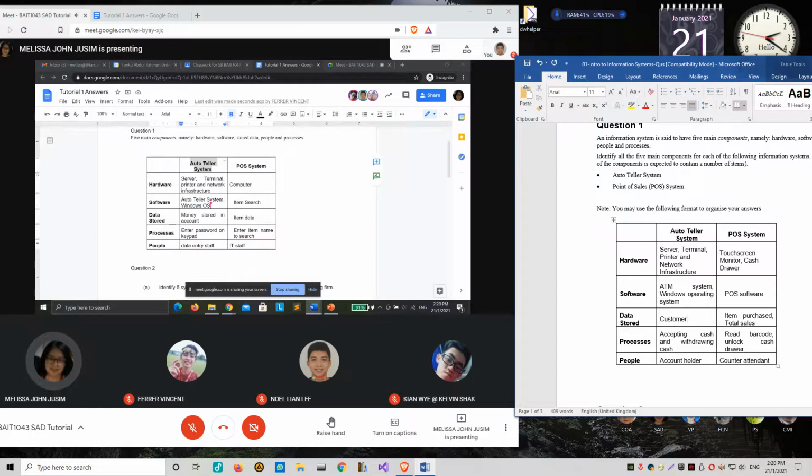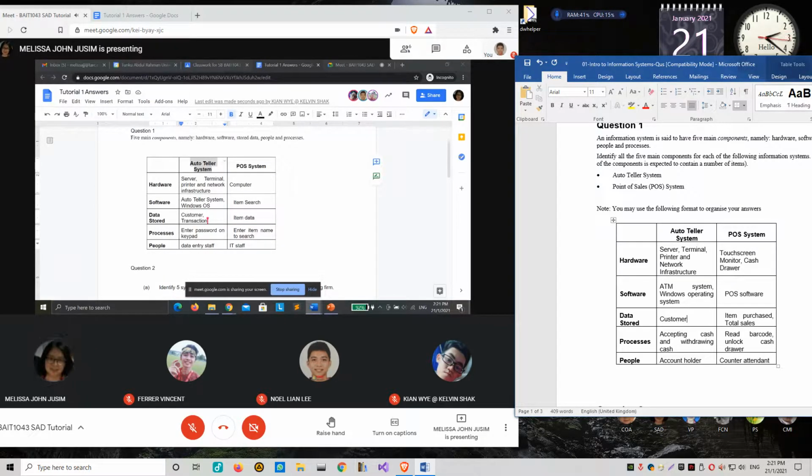So one of the data stored would be the customer. And what else? You have learned this in database. Account balance would be just one of the fields. Transaction. You should have the transaction file.